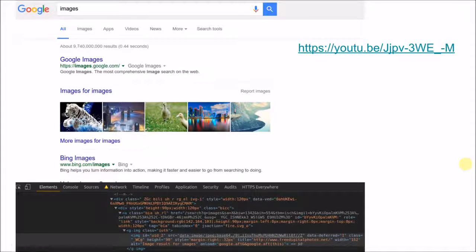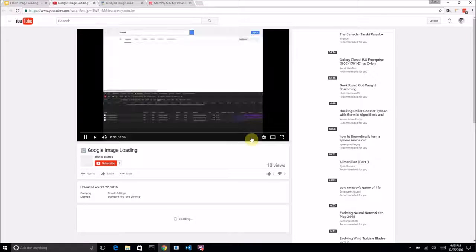Okay, so let's take a look at how this happens in the wild. So here we see on Google, when we try to load images, I'm highlighting this tiger here, and I don't know if we can see, but what they do is basically they are saving it as base 64. So the bet they are making here is that it's cheaper to incur the additional overhead of saving the image as base 64 than it would be to have the additional network request for the images. Now, this works well for a page that will have a small file size. It wouldn't work well if we go on a page that has a lot more images,